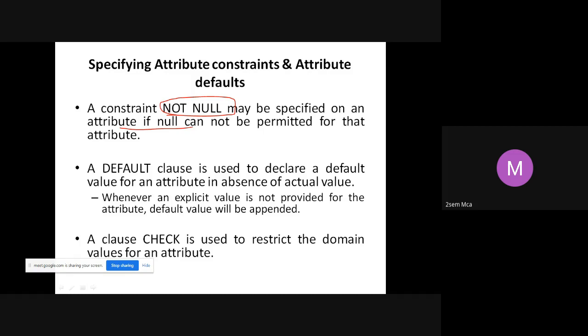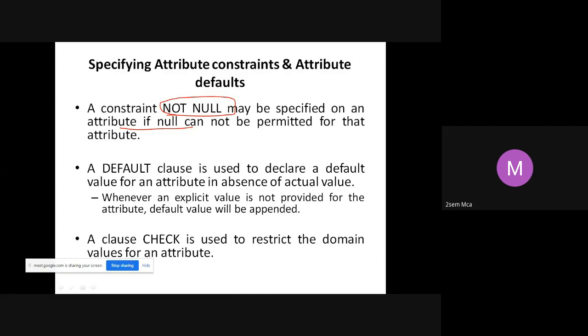For example, let us say employee name or department name. Since employee name is not a primary key, by default it will not apply that, so a null value is actually allowed. But I don't want a null value for employee name or student's name, something like that. So I can specify the not null constraint explicitly for the employee name.